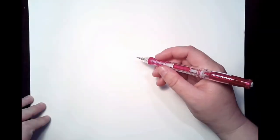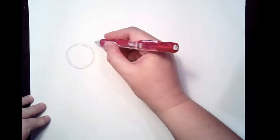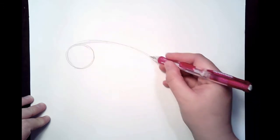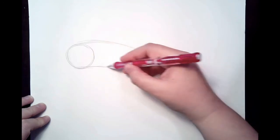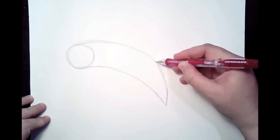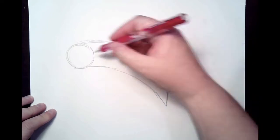For our dolphin, we're going to start with a circle for the head on this side of our paper. And off the top of our circle, we're going to make an arched, curving line that points down to the bottom of our paper. Follow that line again and taper it into a point that meets up with our first curved line. Okay, this is going to be the dolphin's body, and it's going to be jumping out of the